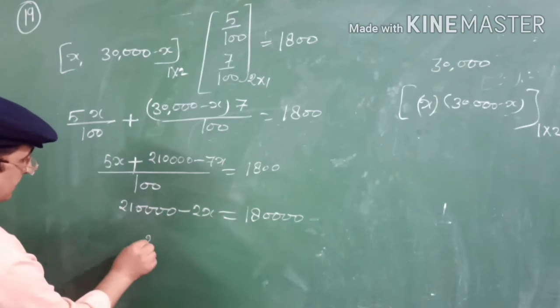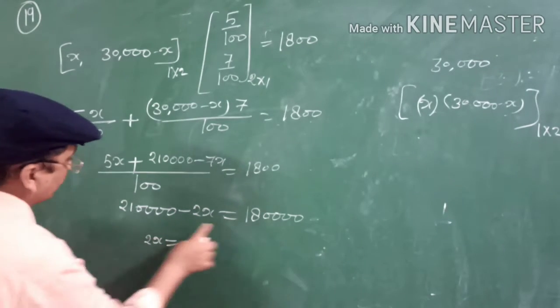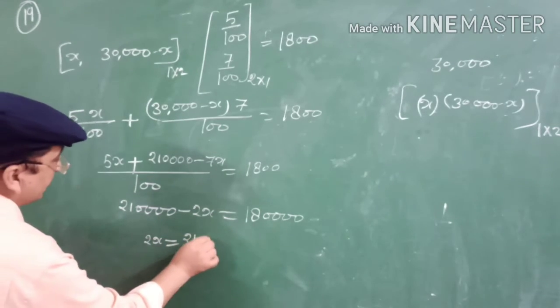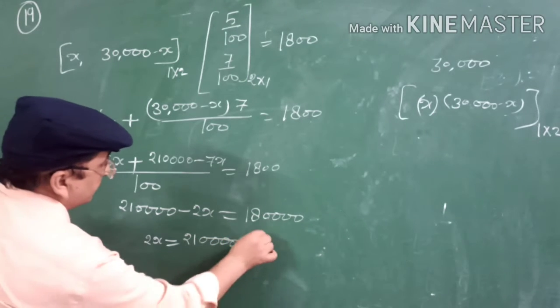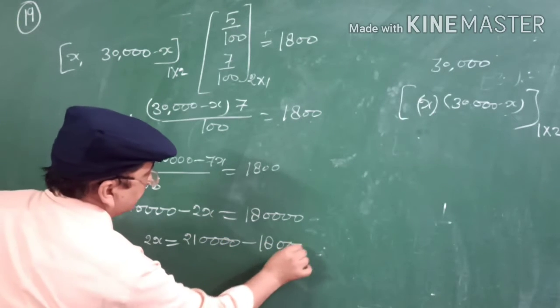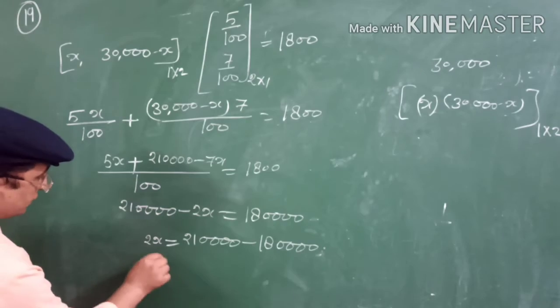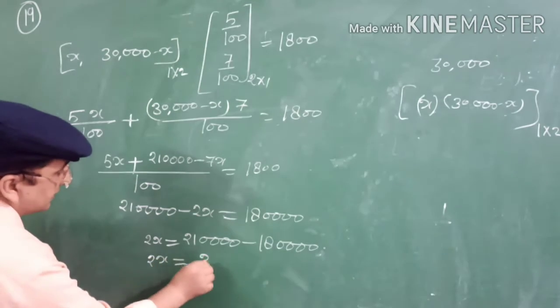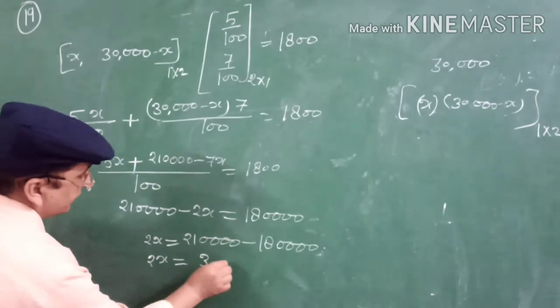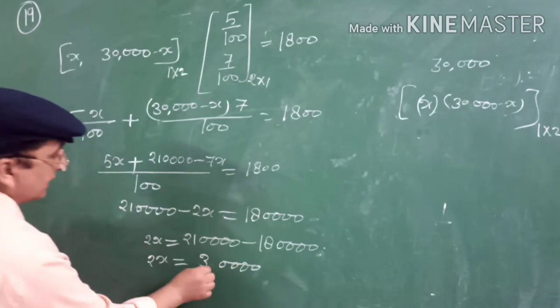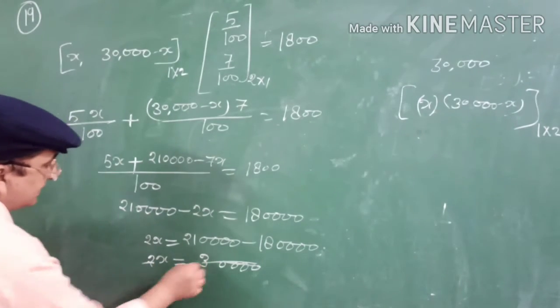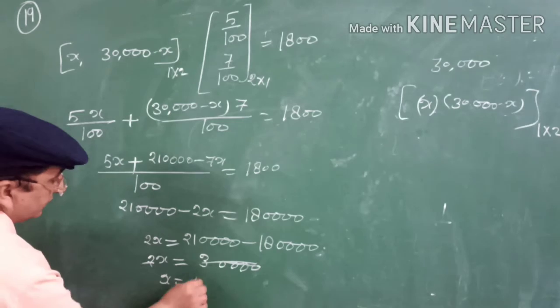So 2x equal to 210,000 minus 180,000. So 2x will come 30,000. 2 will cancel and x equal to